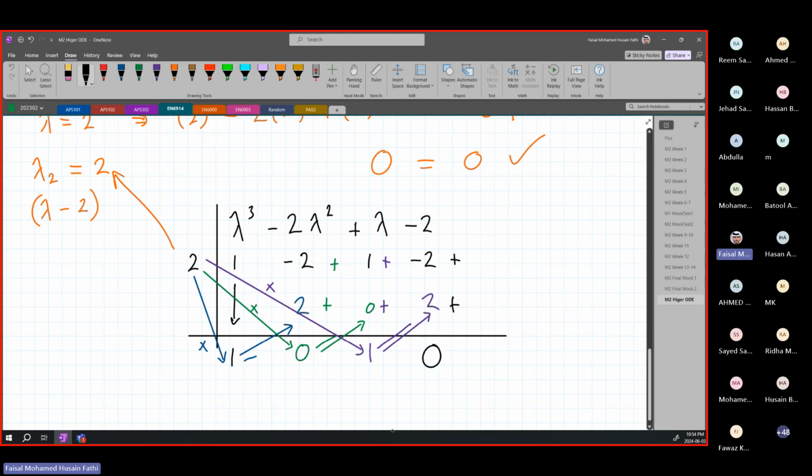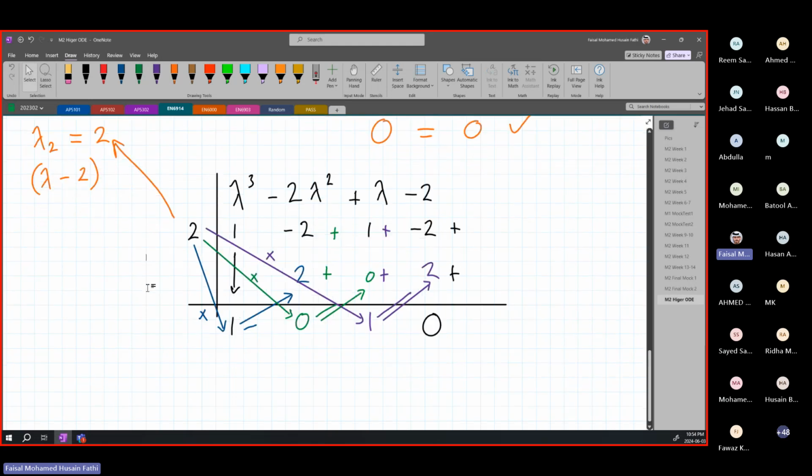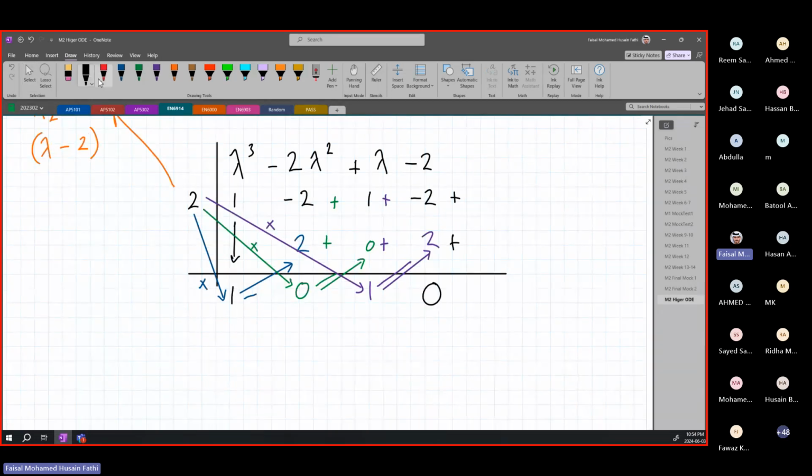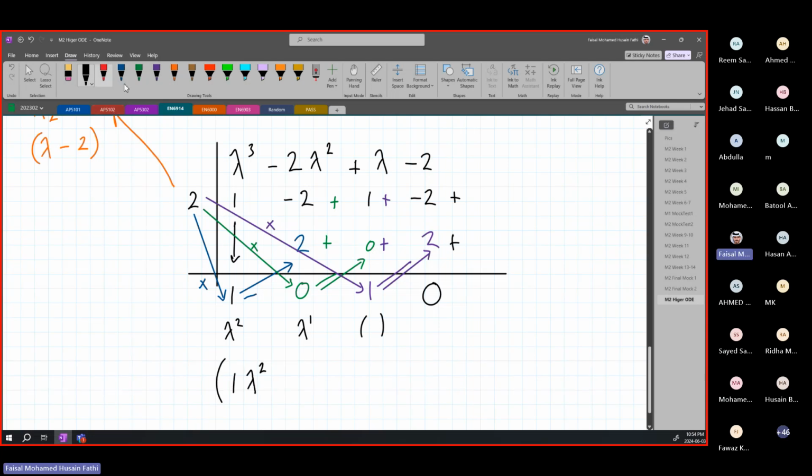Since it is equal to 0, we know our work is correct, and we know that this is a second root again. And now we're going to apply the same thing we did earlier. Since we have power 3 over here, we started with power 3. This is going to be lambda power 2. This is going to be lambda power 1. And this is going to be no lambda. So we are going to have 1 lambda squared plus 0 lambda 1 plus 1